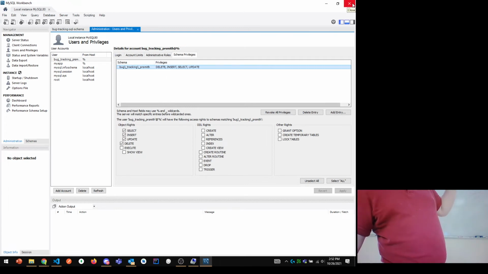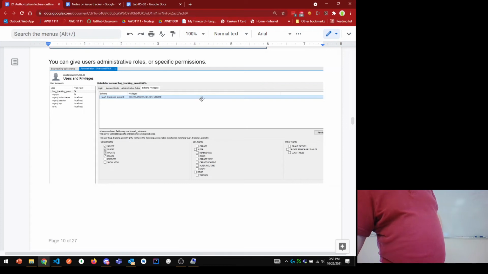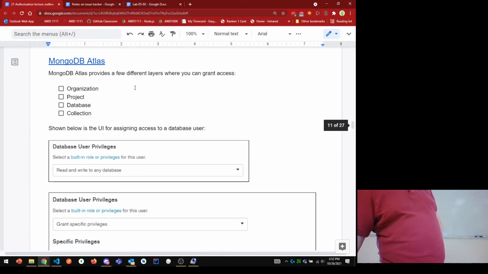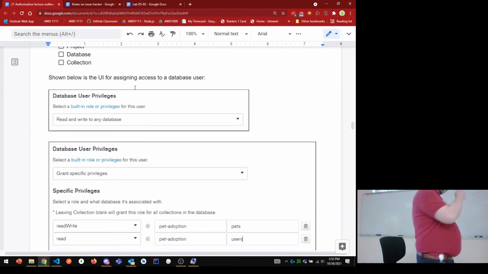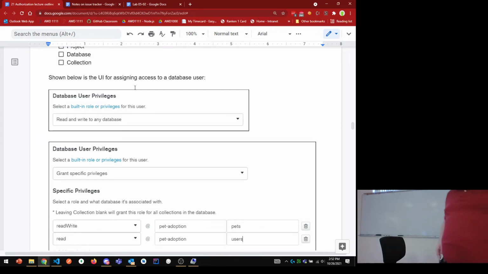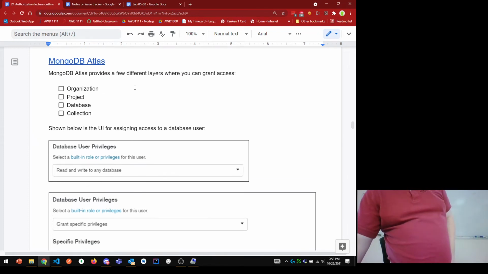Okay, cool. And looking at Mongo, we already had created a user on Atlas. I think the way that we set up our user, we just went ahead and said it can read and write to any database within that project, which is the simplest thing to do. That just says, hey, you can do anything. But you can technically create it around